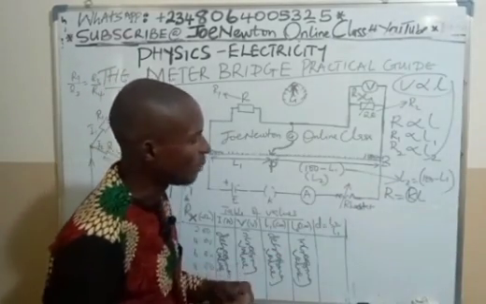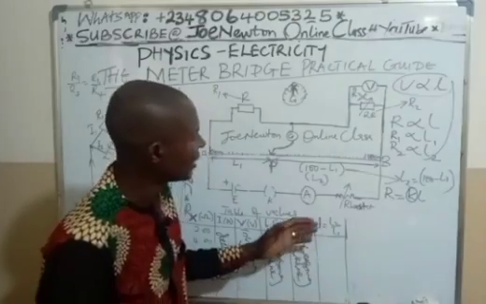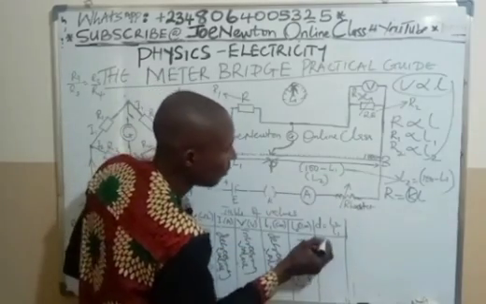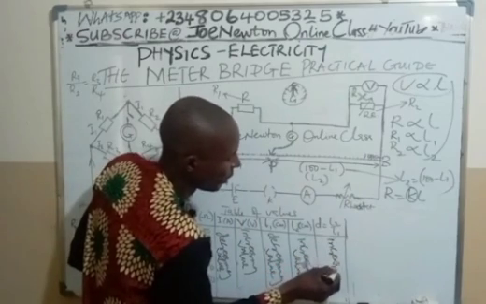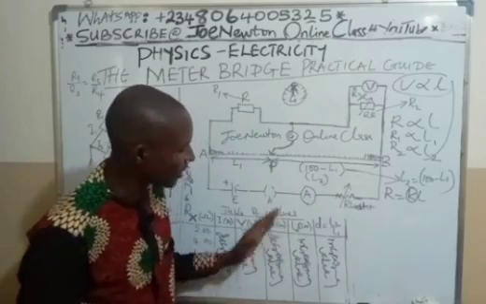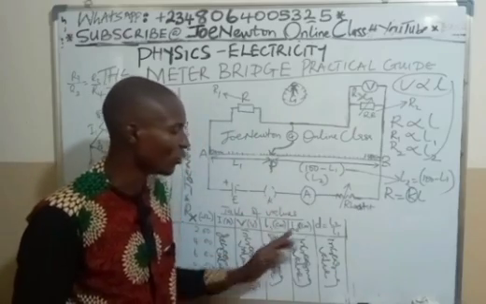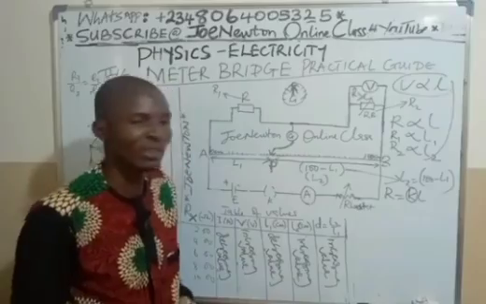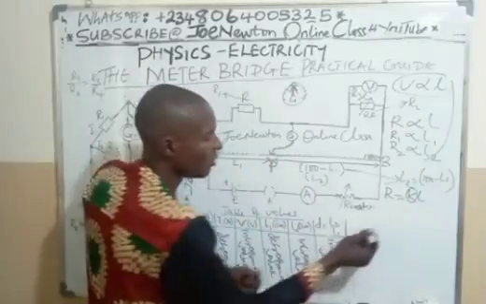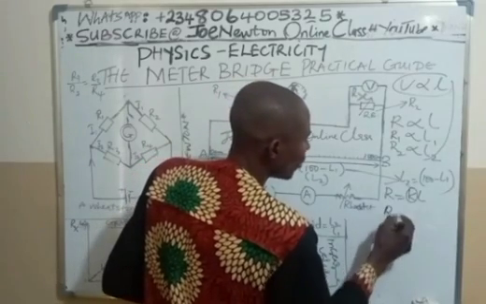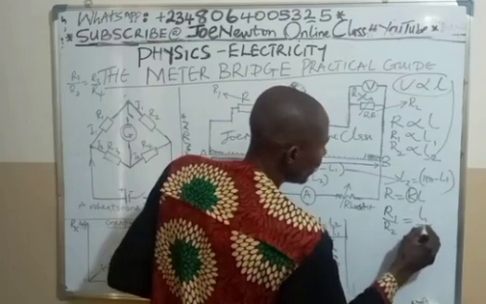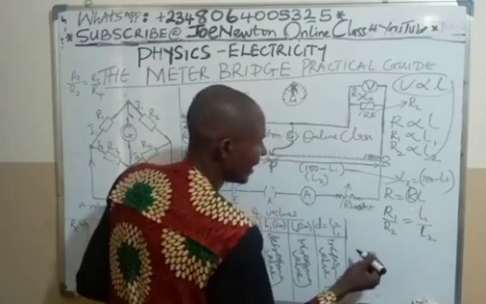So then I put an evaluation. You might be asked to evaluate L2 over L1, which I label D. So when you evaluate it, your value will be increasing as well. It should increase in value because L2 is greater than L1. So this will be increasing, and this is increasing, so this will be increasing as well. The reason I expected this evaluation is because from the relation R1 over R2 is equal to L1 over L2, which in my case here,